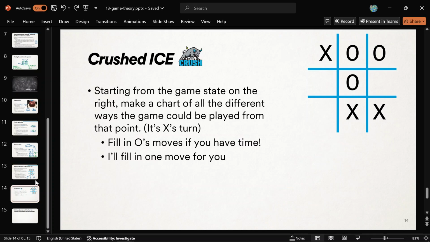All right, we don't have a full house today, so let's just do this example together. I think that would be the best thing. So maybe I'll give you a minute head start if you'd like to try. But here is that game state. I'd like you to try that example, right? Let's make a chart of all the different ways that the game could be played from right here, and say that it's X's turn right now. So for example, there should be 3 possibilities for X. So X could have gone here, here, or here, and that's the next stage of the game, right?